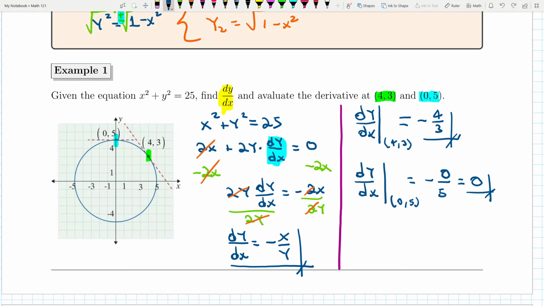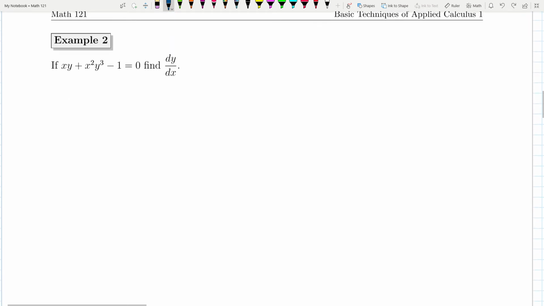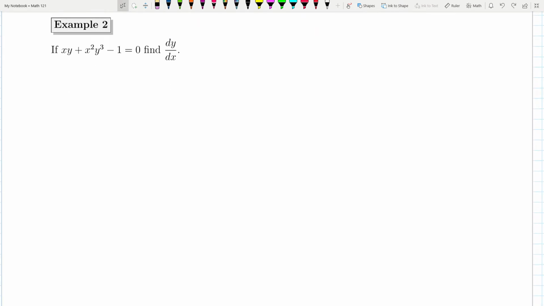So that is our first problem, a very simple problem in which we introduce the method of implicit differentiation. Let's apply this method to other more complex situations, like this one, example 2. Notice here we are going to combine two different strategies of differentiation. Number one, notice we have on the first term the product of the functions x and y, and then we have another product of the functions x squared and y cubed. So we are going to differentiate each term using the product rule,